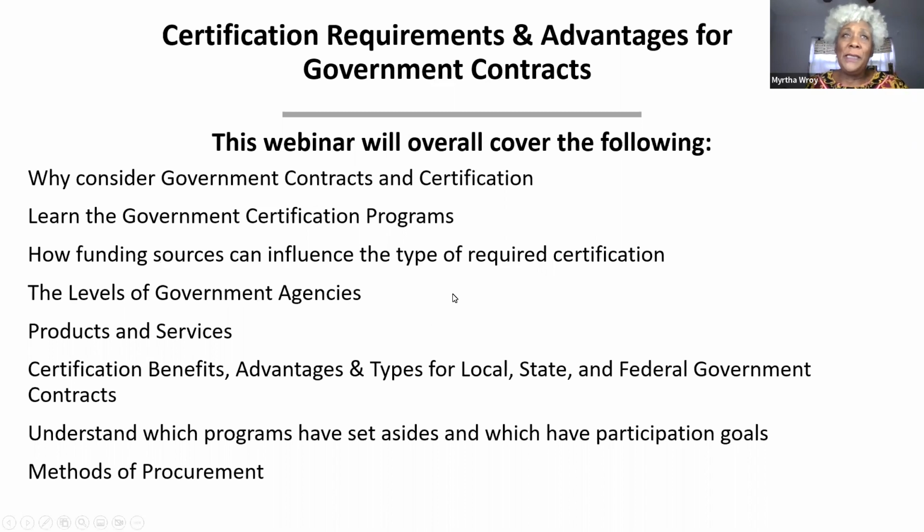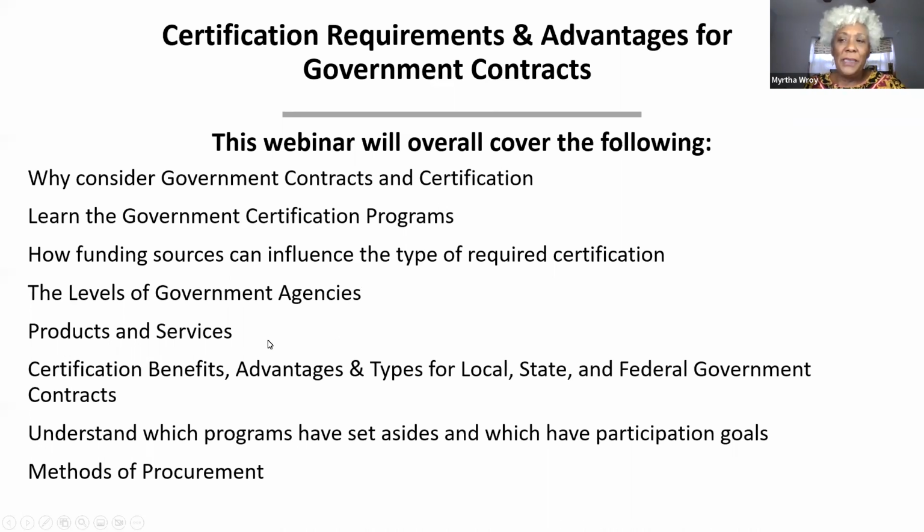How funding sources influence the type of required certifications, that translates into the types of requests that the agencies or the government puts out to get contracts. So depending on the funding source and what they're requiring for those particular levels of government agencies, because these are the potential customers for every one of you on this line that you want to target if you want to do business with the government.